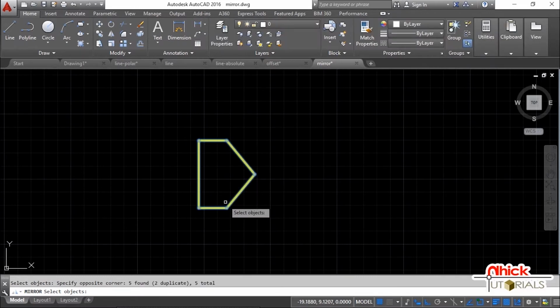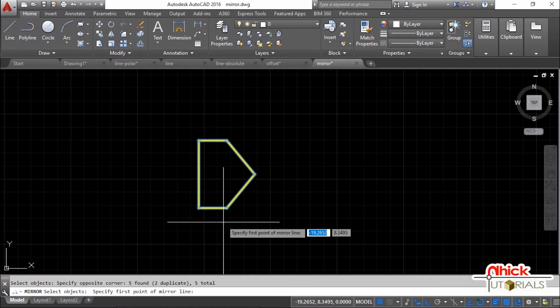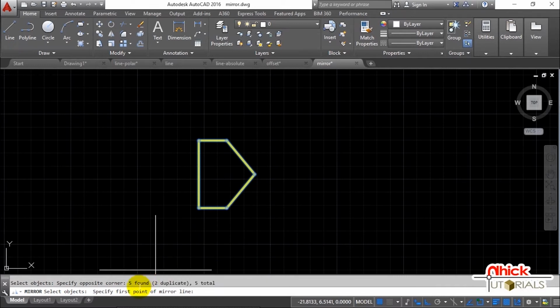This time, kailangan natin gumawa ng mirror line. This mirror line will represent as the axis of symmetry. Ilan man ang maging distansya ng existing or dating object sa mirror line, ay siya ring magiging distansya ng mirror line sa kinopyang object. Sa pagpapatuloy, sinasabi sa ating command line na kailangang i-specify natin ang first point of mirror